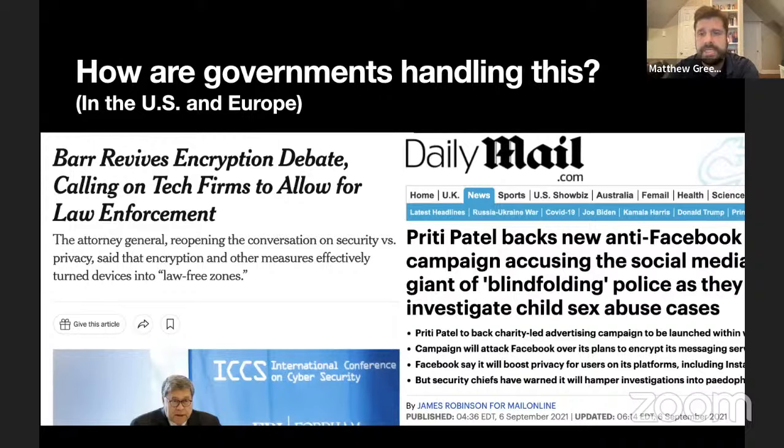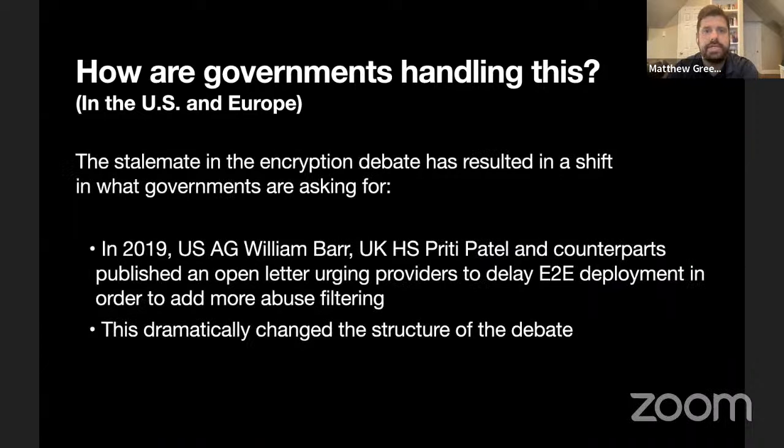And so in about 2019, the strategy, at least coming out of high-level government officials in the US, the UK, and Australia, changed. And this was represented by an open letter that was signed by then Attorney General in the US, William Barr, as well as the Home Secretary for the UK and the corresponding person in Australia, whose name unfortunately I don't know. And this basically resulted in a substantial change in the request. And I don't think that technically people realized how substantial this change was.